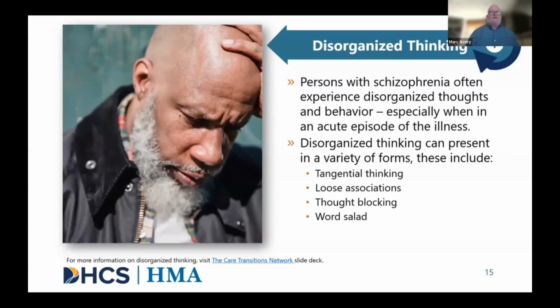During these times, persons may have difficulty organizing their speech into logical sentences or staying on topic. And they need to do that in order to get their basic needs accomplished, such as dressing appropriately each day for the weather, or in preparing food or arranging for food. Persons who experience disorganized thinking of schizophrenia oftentimes have difficulty in communication with others, sometimes in order to even get their basic care and services.